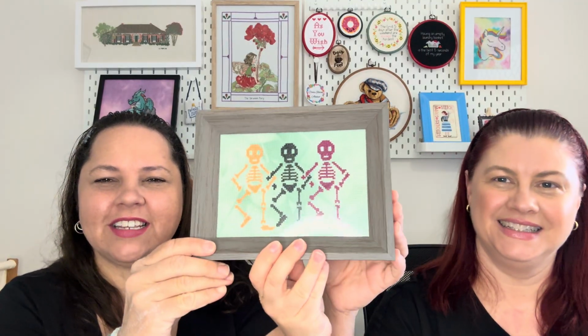Alrighty. So I think it was last time we showed these frames that I bought. So I went home and unpacked because it's always a mission to pack for here and then go home and unpack. And I thought, I wonder if that'll fit. So I pulled this particular fully finish out, and I'd been wanting to finish it for a little while and just didn't really have the finish for it. And when I saw it fit in the frame perfectly, I was like, bang. Yay. So we've got dancing skeletons,